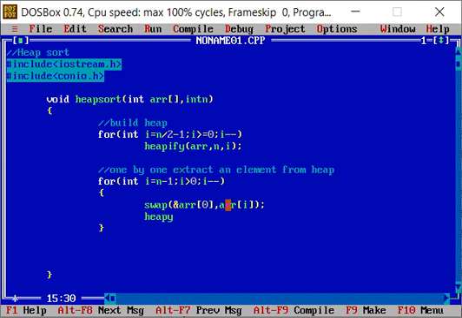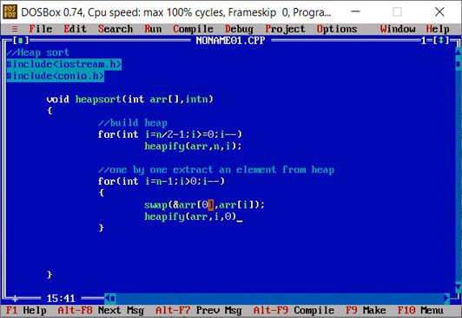After that we'll call heapify again to make it a heap. We need to make this a heap again, and this will get reduced one by one. First it will be the last element, then last minus 1, then last minus 2 after swapping. Heapify will be called again because this is not a heap now, because 0 is being replaced with the last element. We'll call heapify again for the first element, that is 0. That would be max heapify or min heapify; that will be decided in the heapify procedure itself.